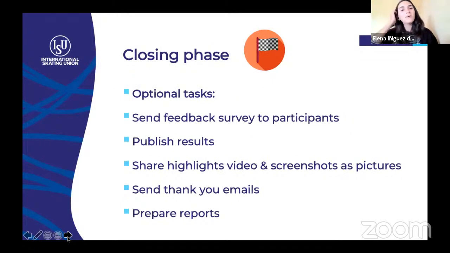So to wrap up, after the event is finished, there are still some things that the hosts need to do. I know that for most of the people, events finish and that's it, but the host always has some post-event tasks that we need to deal with. So for example, and these are just examples that I brainstormed for you to have an idea,